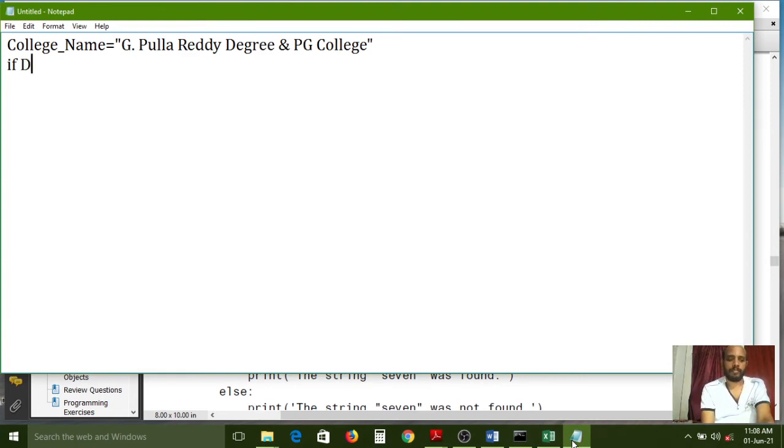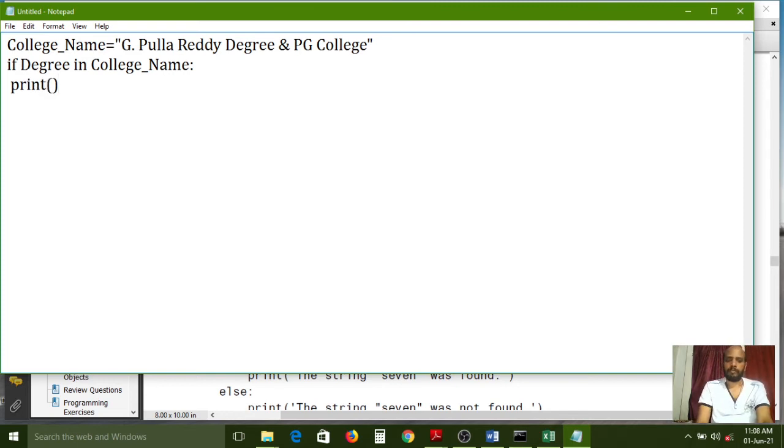Degree, in which string? The college name string. So the same variable college_name we need to pass here, and the same colon symbol, one space.